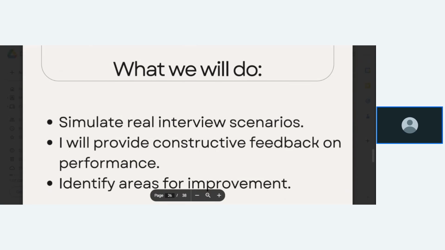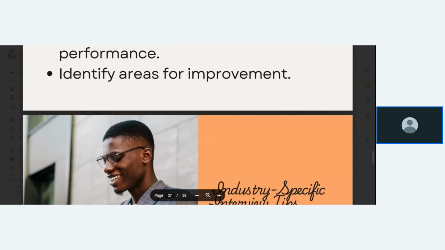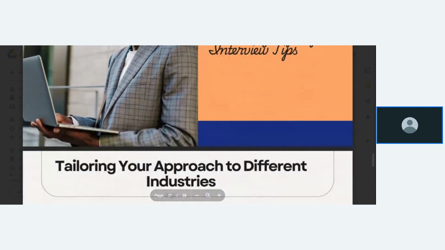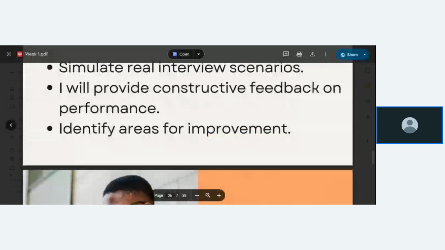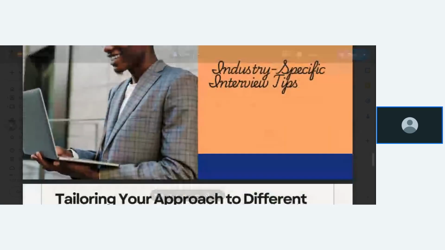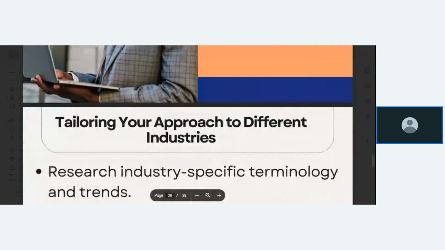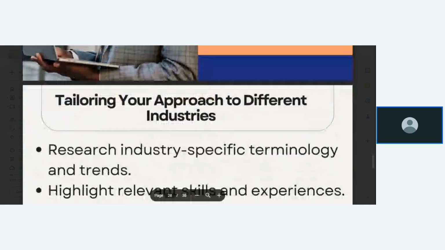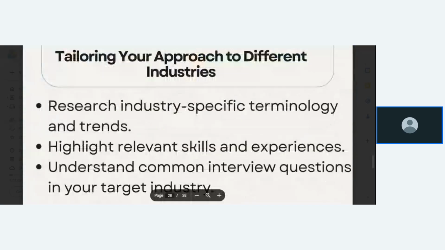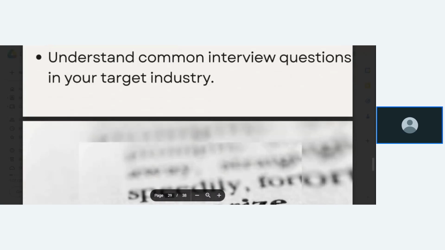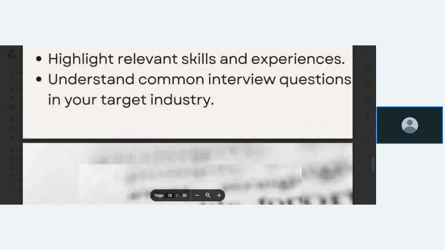Of course, identify areas of improvement. Then I'll give you time to ask questions if you have questions to ask. Then, if we have time, which I think we should have, we'll go ahead to talk about tailoring your approach to different industries. This is very important. And I'll tell us why I think this is very important.